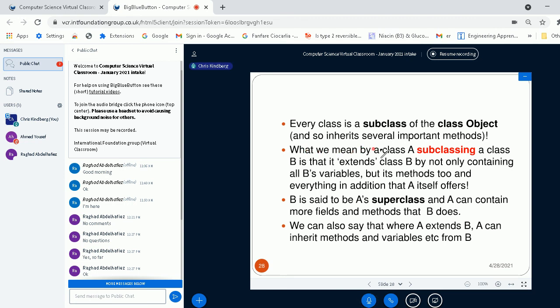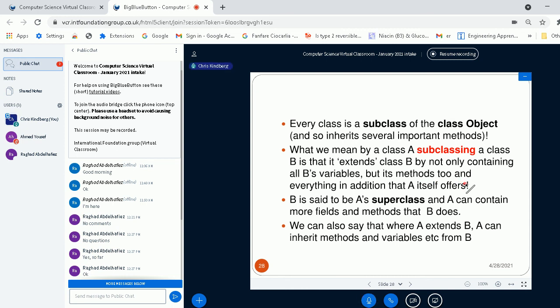And what we mean by class A subclassing a class B is that it extends class B by containing everything from B's variables and methods, and everything in addition that A itself contains.